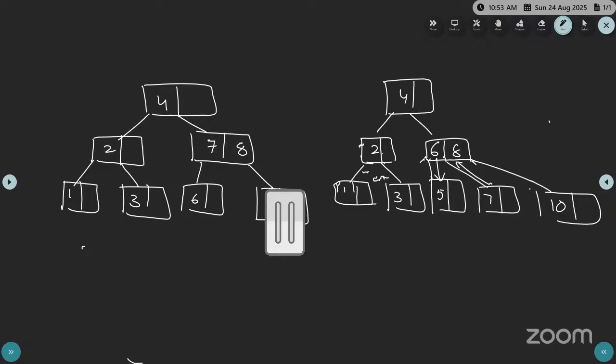I want to delete 1. In where is 1 available? Yes, the complete left side. In that node, how many keys are there? More than the minimum number of keys or the minimum number of keys? Minimum number of keys. Before deleting with the minimum number of keys, borrow from the immediate left sibling